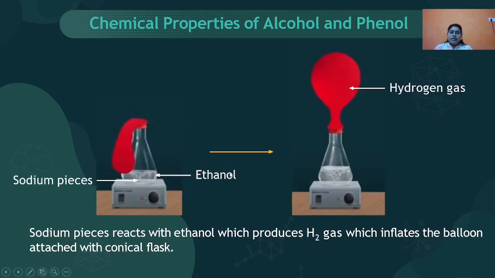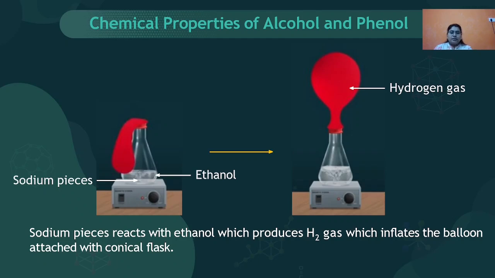Here is an experiment where we can practically see that hydrogen gas is liberated. We can take a beaker or a conical flask. Since the opening of the conical flask is very narrow,